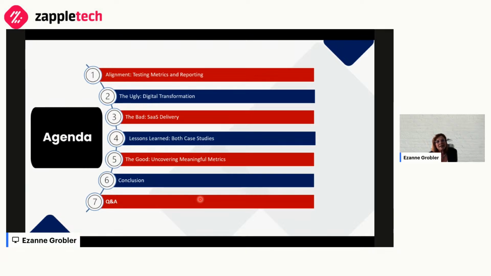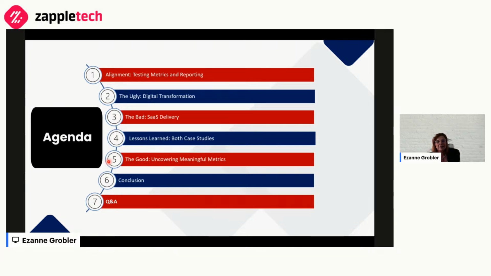Then we also had a bad story, and this is where we actually were part of a software as a service delivery program, where again, we were the testing outsource partner for that project as well. I'm going to share with you lessons learned on both case studies. And then ultimately we're going to go to the good. And that's where I really want to focus on today. And that is